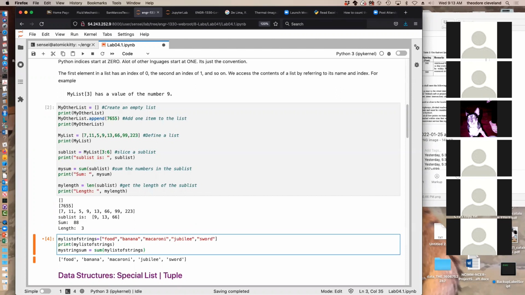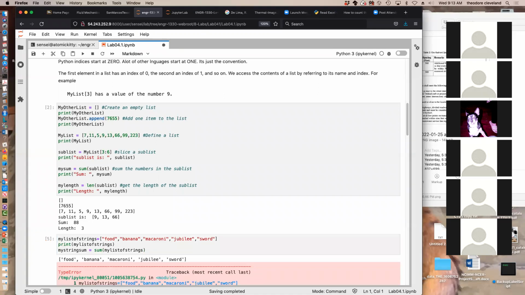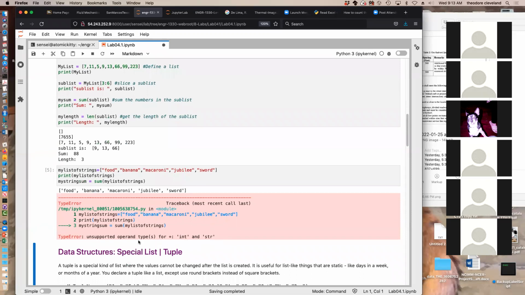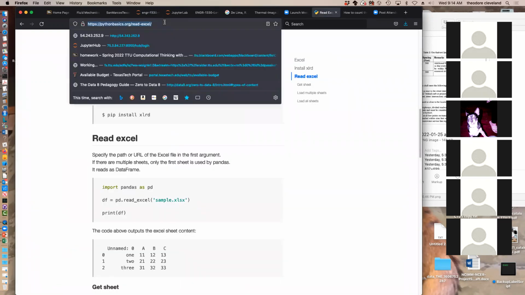Now, my gut feeling is summation for strings is not defined. But since I don't know, how do I find out? Thank you, Catherine. That is correct. Just go ahead and execute it because it's not like the computer's going to blow up. And sure enough, unsupported operand type for plus, integer, and strings. It doesn't know how to operate on sum. And since that's weird enough, let's go ahead and